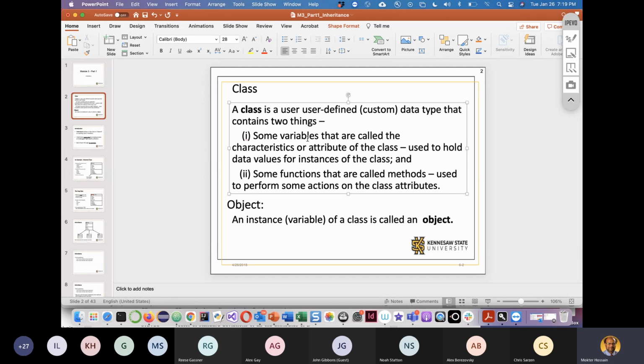We can see an individual student, for instance, Daniel, John, Michael. These are individual students, right? But whenever we say student, a class is invisible. We cannot see a class. We can see an instance of a class, like a student. If I say, show me some student, then you will show some of your friends, as a human being, right? So a student is also a human being. So what is a human being? That is also another class,